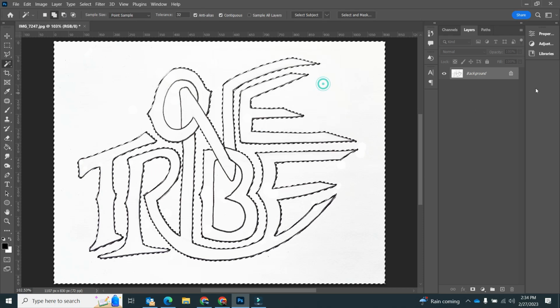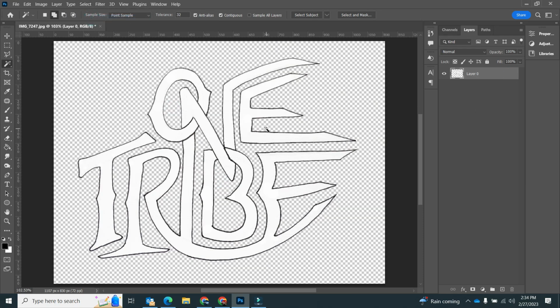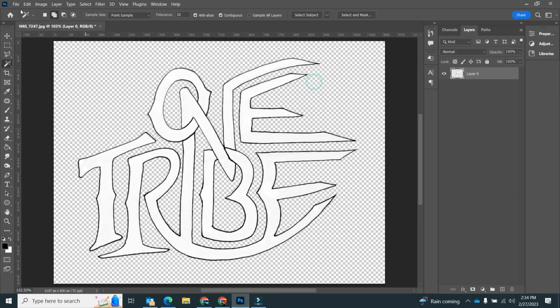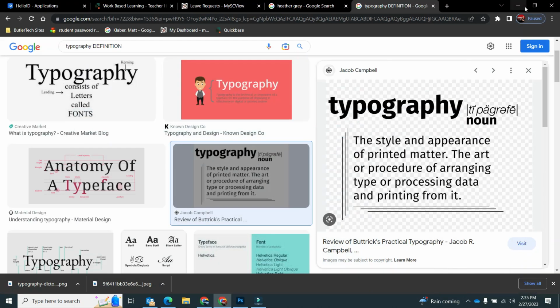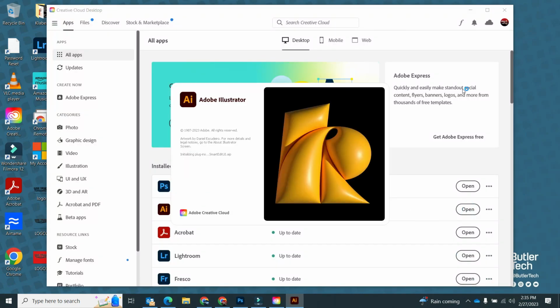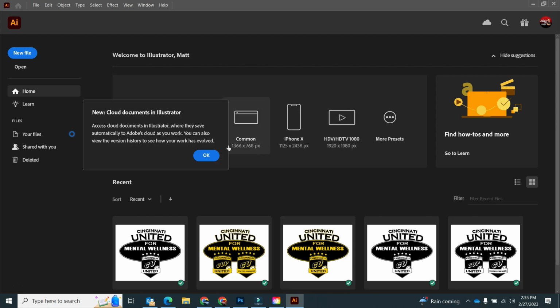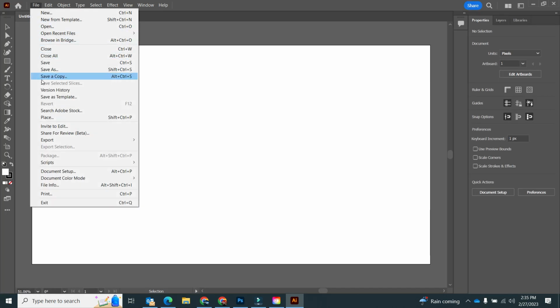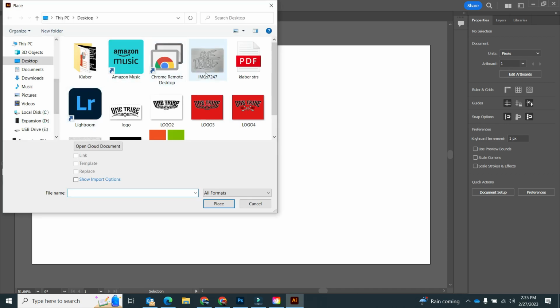I'm using the Magic Wand tool. Select those white spots. Now I'm going to File, so you can see the gray. So File, Export, save it as a PNG. Then I want you to open up Adobe Illustrator, if you haven't done that yet. And then you're going to click on Common right there. Click on Common, File, Place,